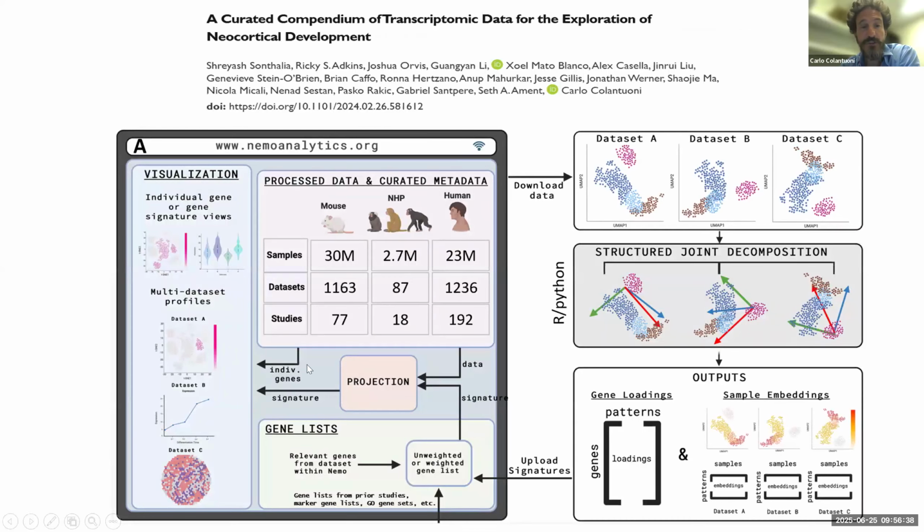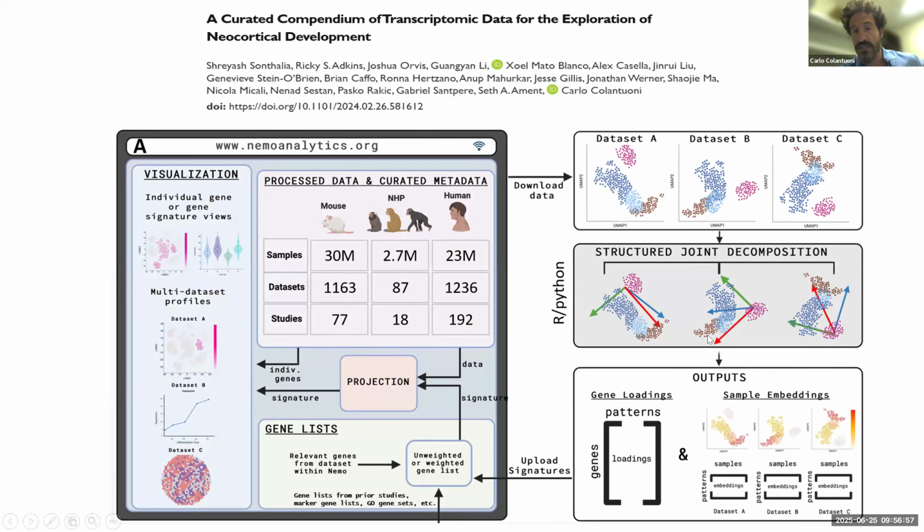Okay. So the first part is the public database, where anybody on the planet can type in a gene name and look at its expression across all of these systems. The other big piece here is that you can look at gene signatures across all these data sets that are all in one place. The second piece I'll be talking about today is actually how we generate some of those